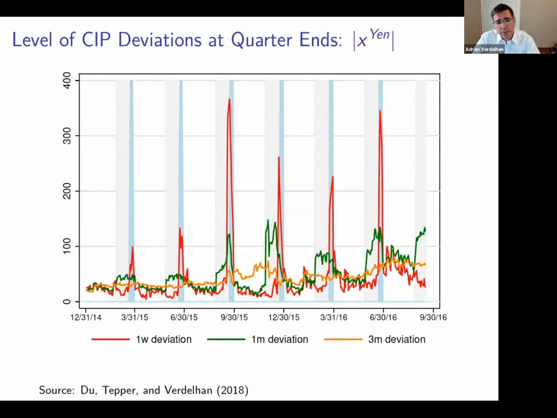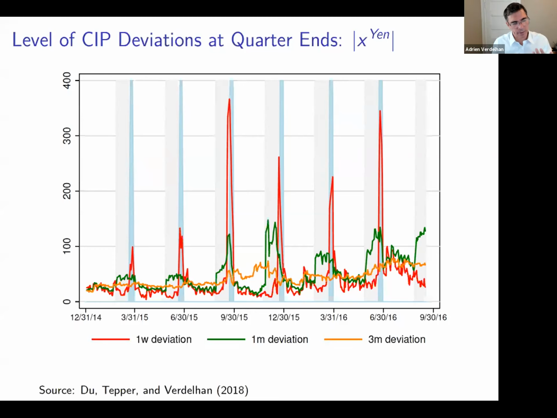Now, imagine what happens when you enter the last week of the quarter. So you're going closer and closer to the end of September. The last week of September, now it's a very different problem, right? Because the arbitrage opportunity is still there maybe, but if you do the trade, you borrow in the US, you invest in Japan, you buy this forward contract to hedge your currency risk, the size of your balance sheet goes up. And so that trade now becomes costly, actually costlier for you than before.